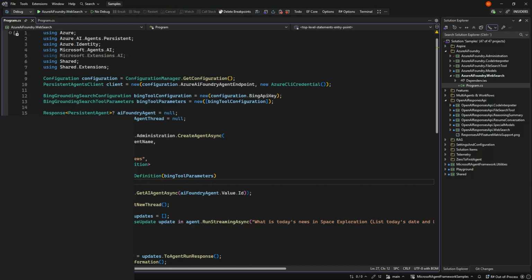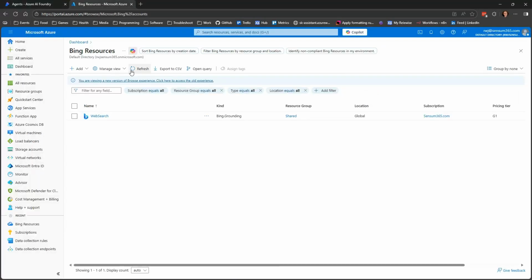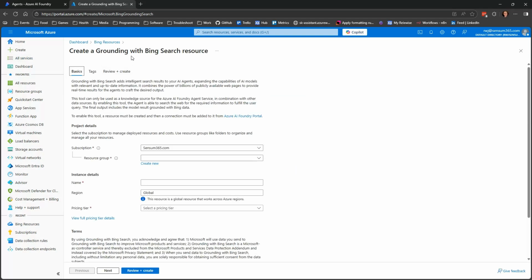So the first thing you need to do is make yourself a Bing resource. You just search for Bing, and then you can create one of these. And they are quite expensive, $35 per 1,000 transactions. All is relative, of course, but you make one of those.